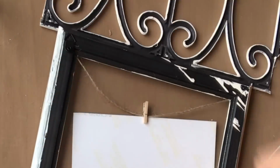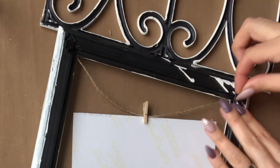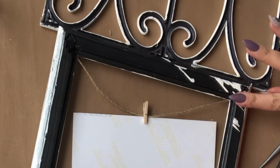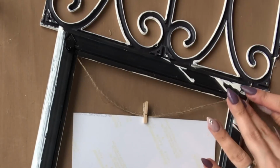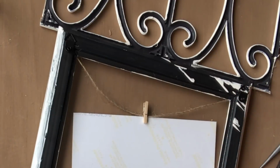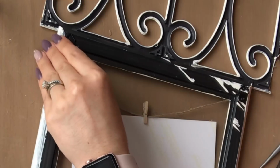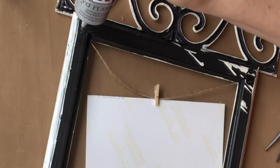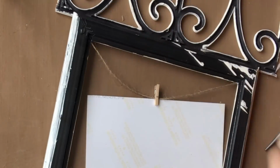So you want to align them and make sure that you're putting them in the same spot so that you're not having to fight with screws and stuff on the wall or nails on the wall. This way everything is nice and aligned. So what you want to do is take a nice amount of E6000 glue at this point, and you want to generously apply it to the frame. So dab on a nice little glob,